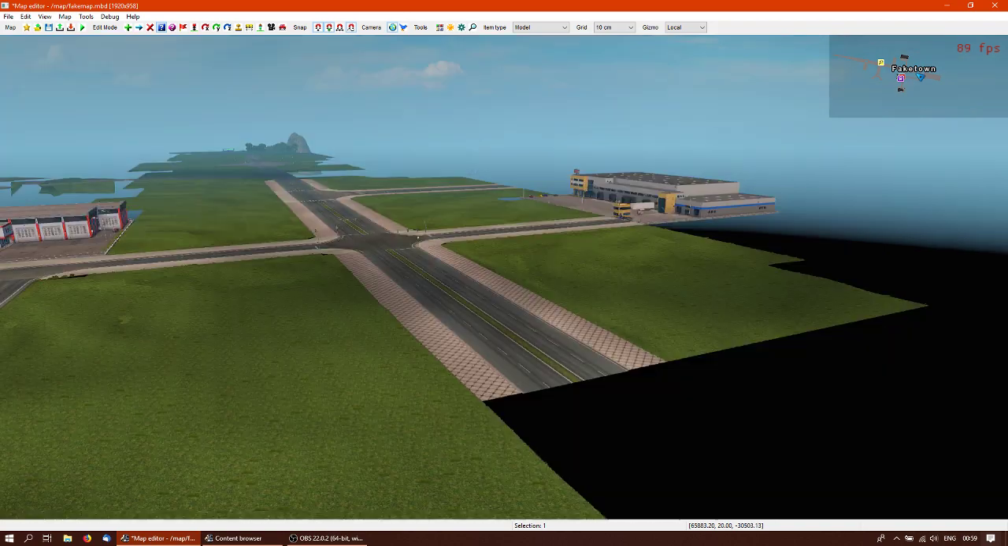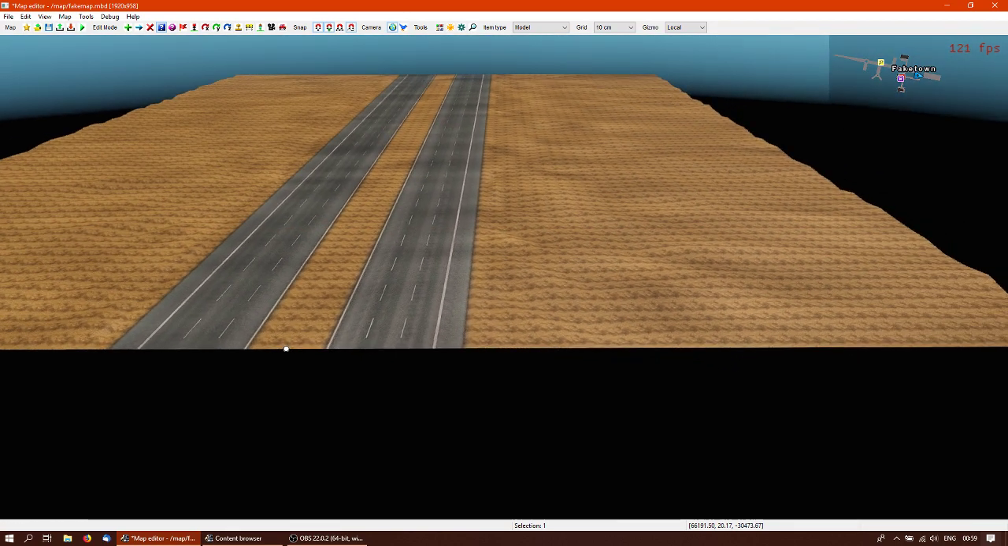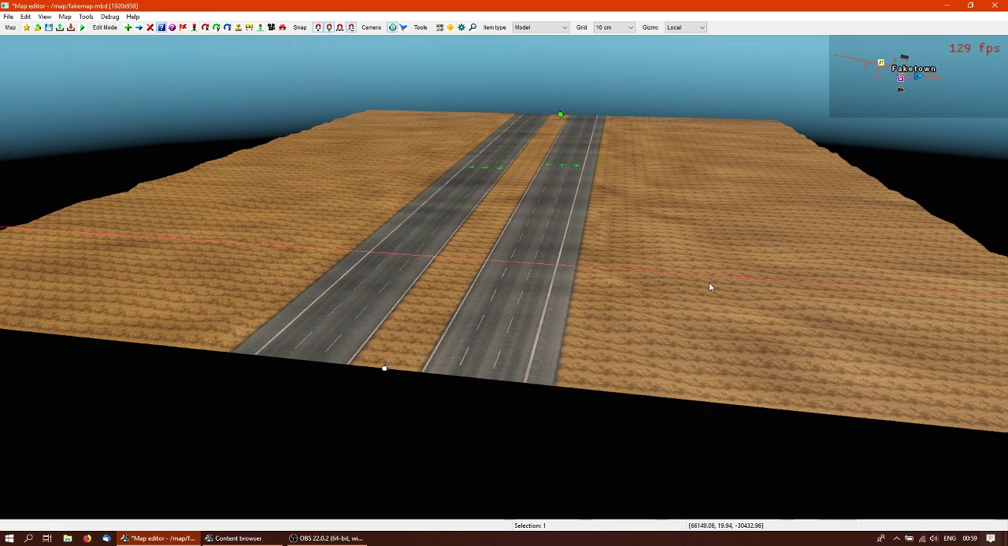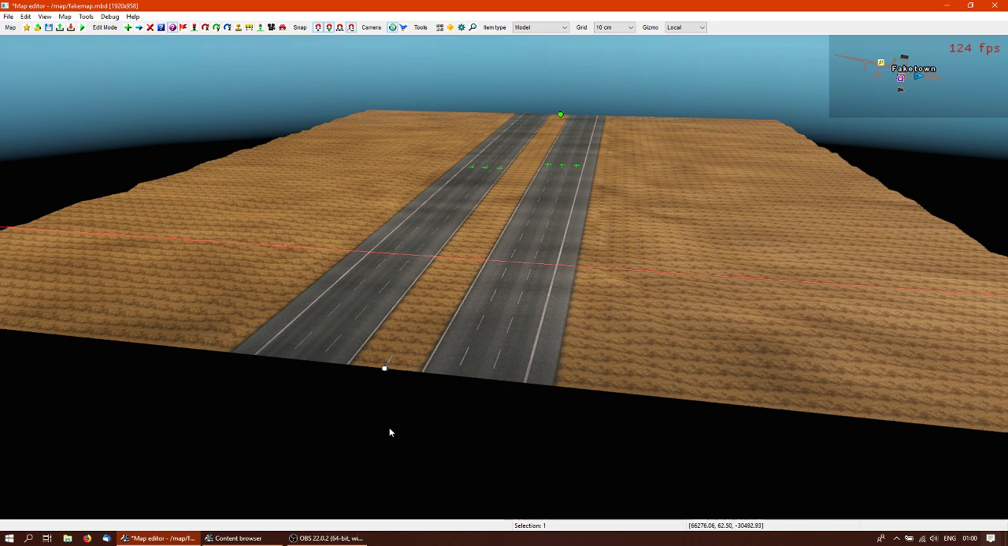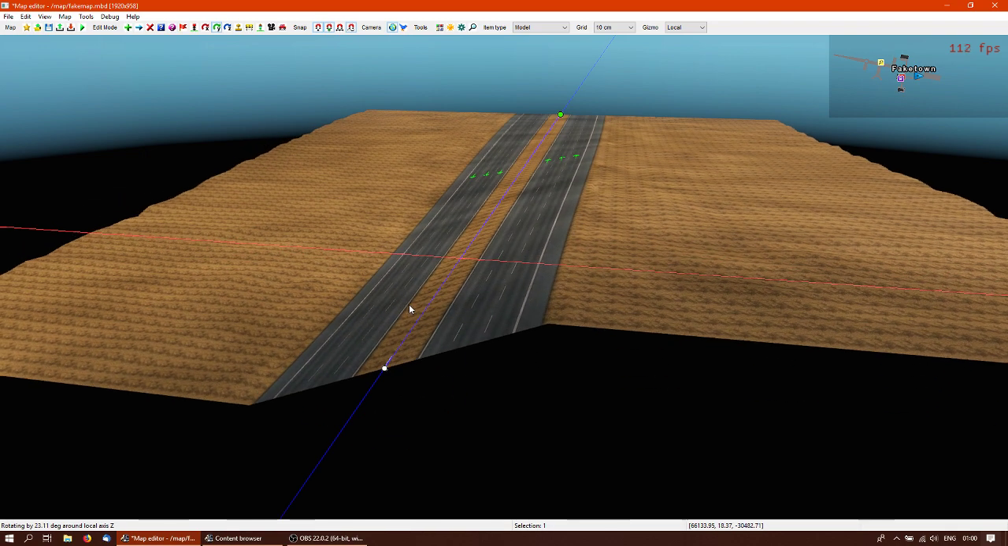A second question was, how do you make a bended road? How do you torture a road? Not making just a curved road, but one with real problems. I'm gonna show you how. I'm gonna select this node and I'm gonna enable the free rotation. Okay, press R and I'm gonna rotate it like this,